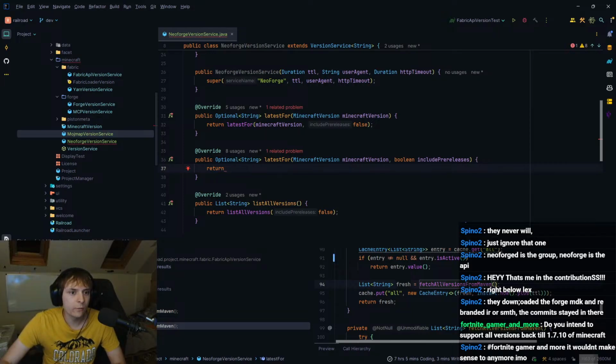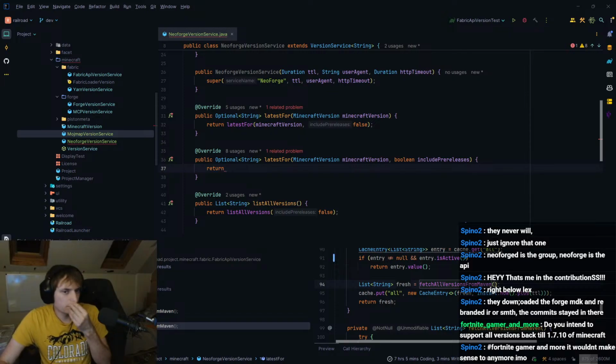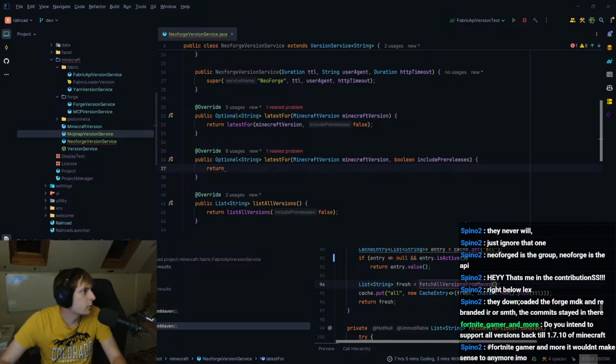Now, Minecraft Forge has promotions. Does NeoForge? No. Nope, they do not. I don't remember exactly what the promotions is for though. Should I have a look? Oh, it's for latest and recommended. Does NeoForge have that though? I don't know if NeoForge has latest or recommended.